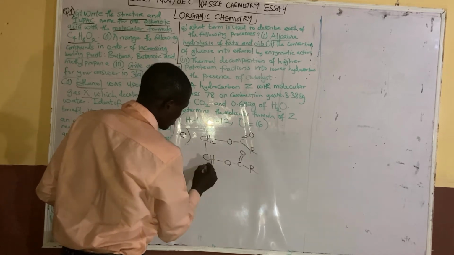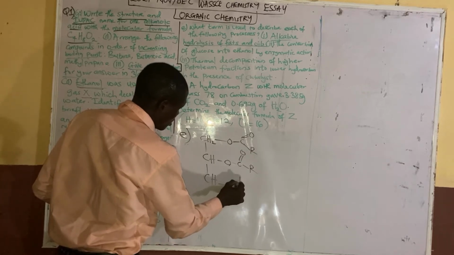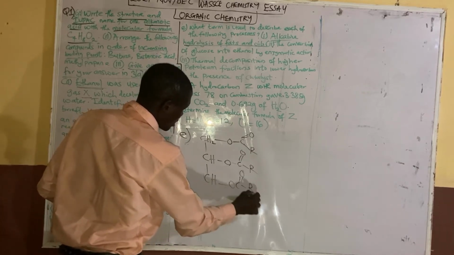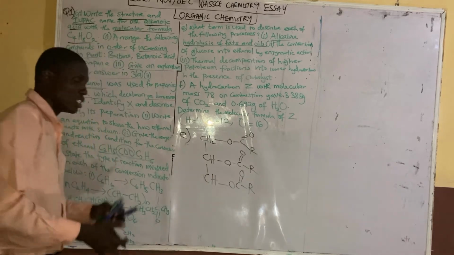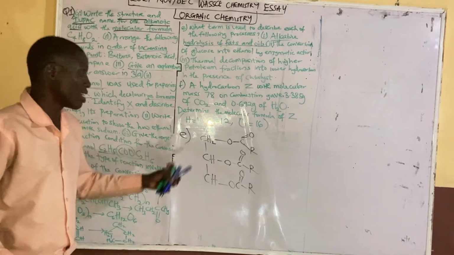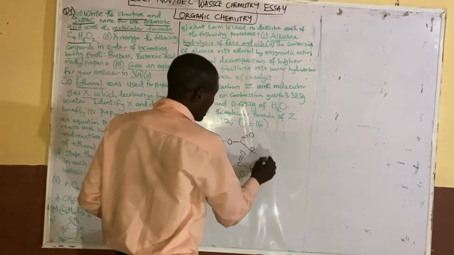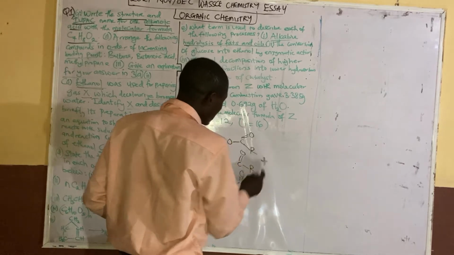So this fat comes from the combination of branch chains of ester groups. Now when you add alkali to it,